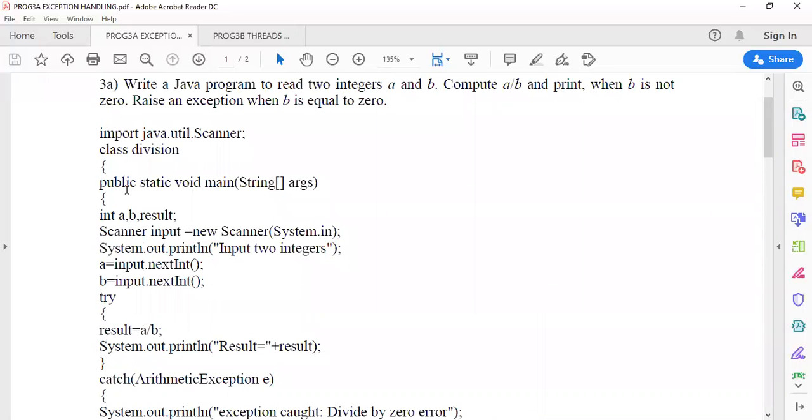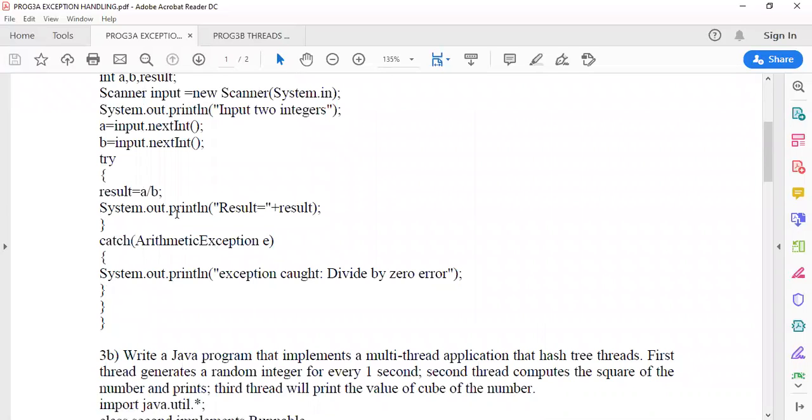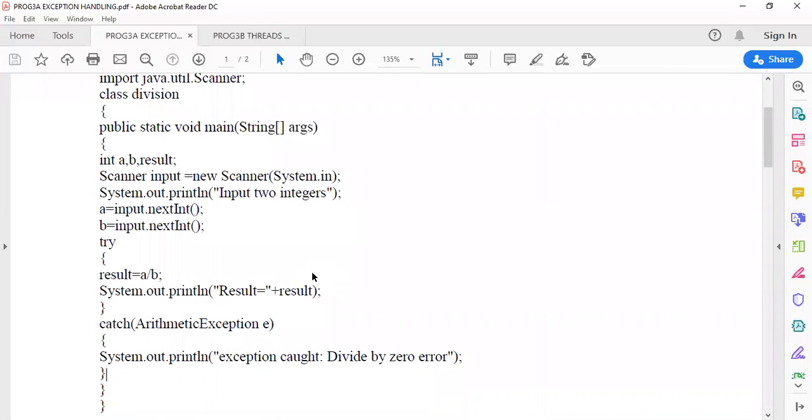It's a very simple program. If you try to divide by 0, it raises an exception which will be caught by this catch block, and it will just print divide by 0 error. So this is your program 3A, a very simple program.